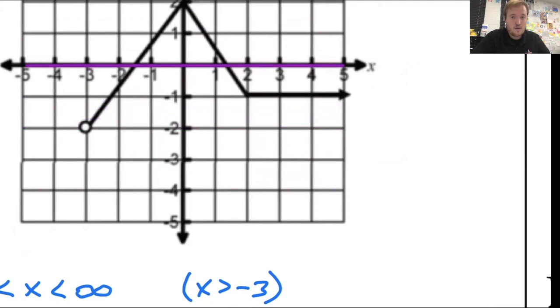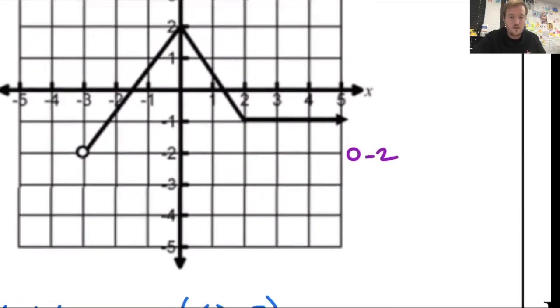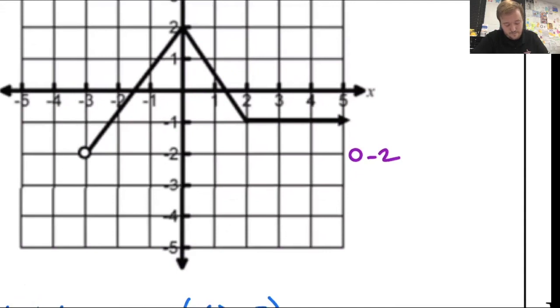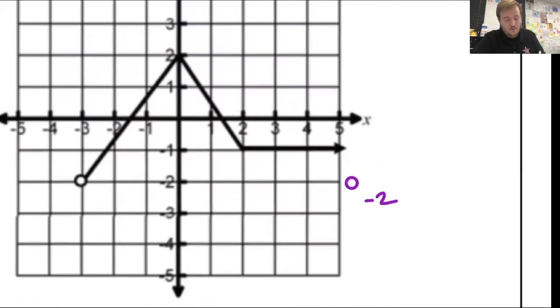So looking at this graph, it goes all the way down to -2, but it doesn't go past -2. So that tells me here that my minimum is -2. And because I have an open circle, I'm going to drag that open circle over here. I'm going to name it -2. I'm going to give it a special little name. Okay. Now, if I bring that line back,